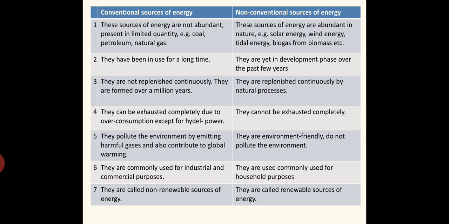The sixth point is they are commonly used for industrial and commercial purposes. So the main use of conventional energy is in the field of industrial as well as commercial purposes. When a bulk amount of energy is required at a faster rate in a short period, then usually we go for conventional sources of energy. The reason is that for non-conventional energy, we don't have that much technology to produce a huge amount of energy within a small time. So that's why we always depend on conventional sources of energy for industrial as well as commercial purposes,